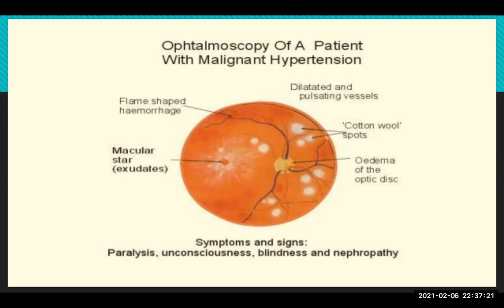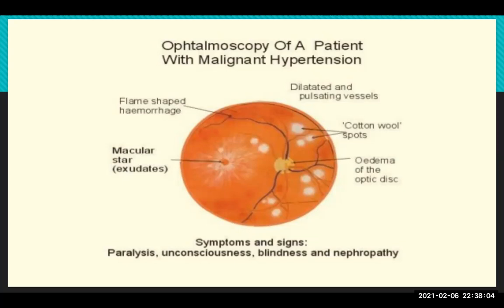The macular scar, there is an exudation around the macula, taking the arrangement of the macular fibers, giving this macular star around the fovea. Also the cotton wool spots, all these white spots are ischemic parts and infarcts in the retina, in different parts of the retina. So they are called cotton wool spots. Also edema of the optic disc, leading to disc edema, which is called